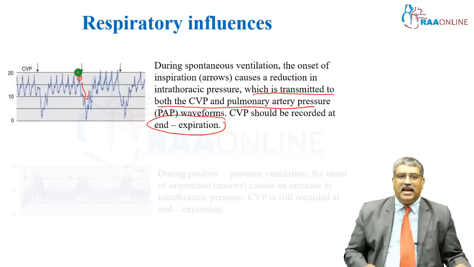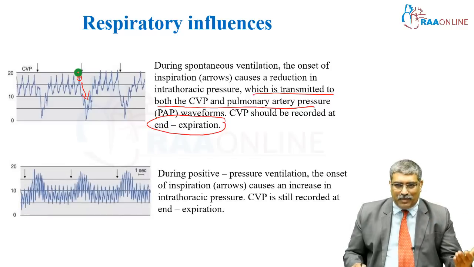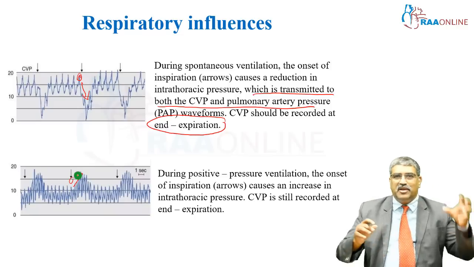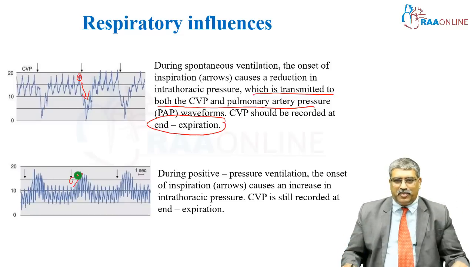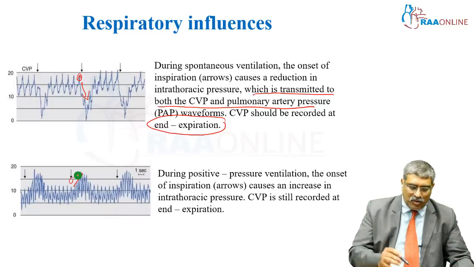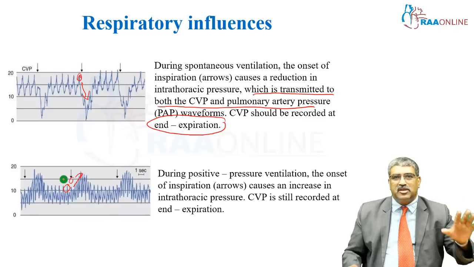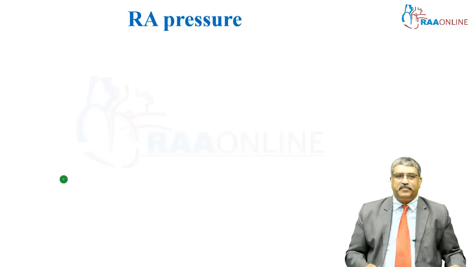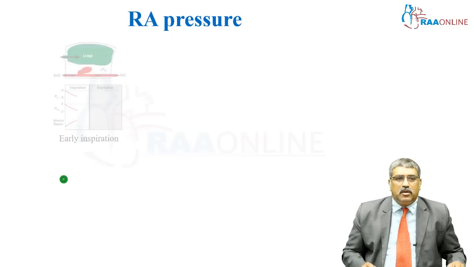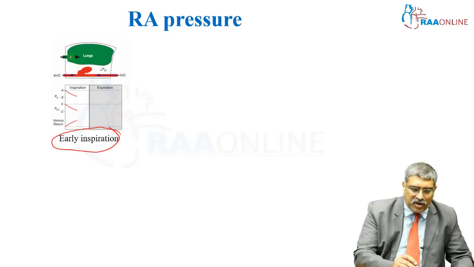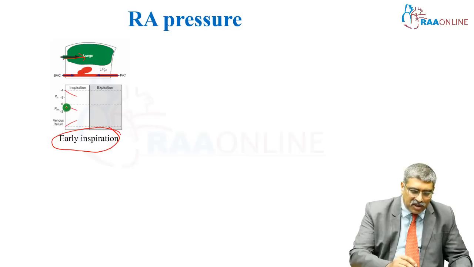But with mechanical ventilation, the reverse happens. The onset of inspiration causes a positive pressure with mechanical ventilation. You are giving positive pressure ventilation. Still, you measure CVP at end expiration because end expiration is also going to be positive in case of mechanical ventilation. With spontaneous breathing in early inspiration, where you are going to breathe in with negative intrathoracic pressure, your RA